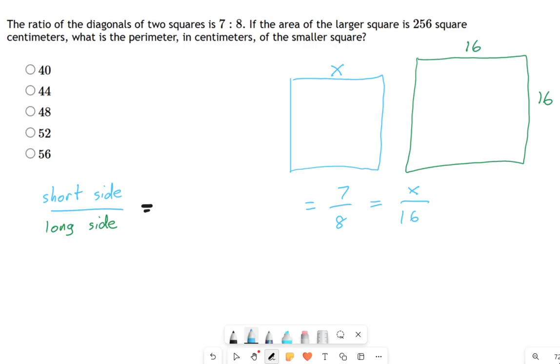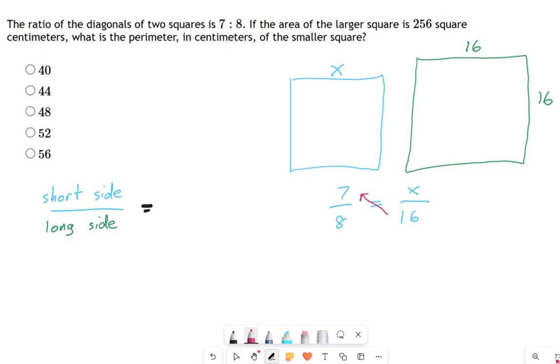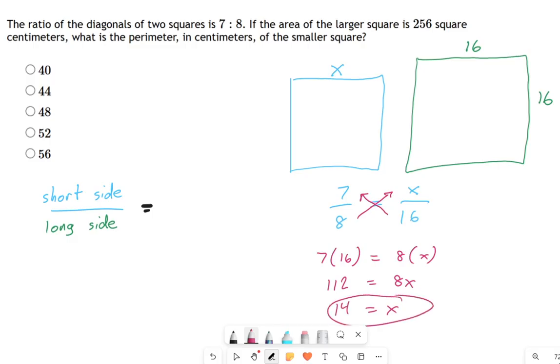So how do we solve this? Well, you can either just say, what do I need to multiply the left fraction by to make it equal to the right fraction? Okay, that would be quick, it's 2. Or you could do a little cross multiplying, which people like. People like to mess this up, is what they like. You cross multiply, so you get 7 times 16 equals 8 times x. Now, offhand, I don't happen to know what 7 times 16 is, but there we go, 112 equals 8x, and that means x equals, voila, 14. Okay, so x is 14.